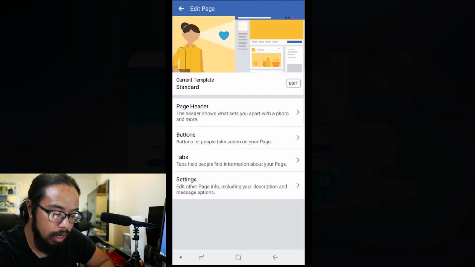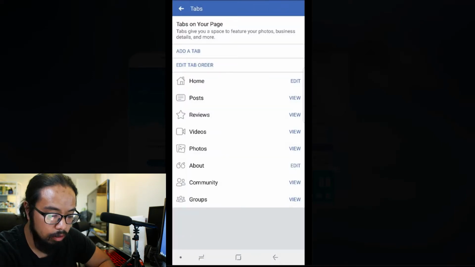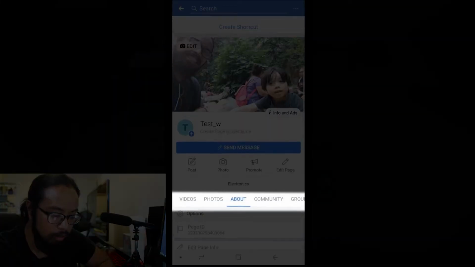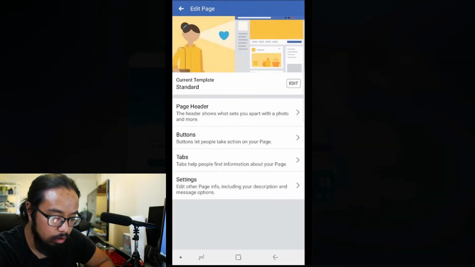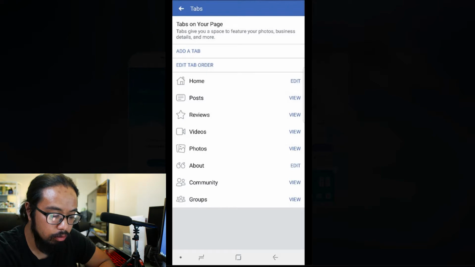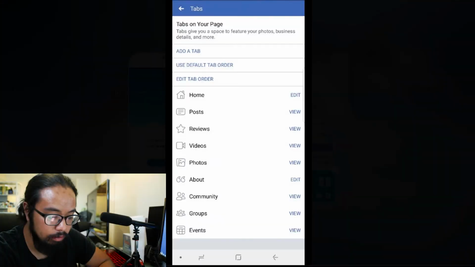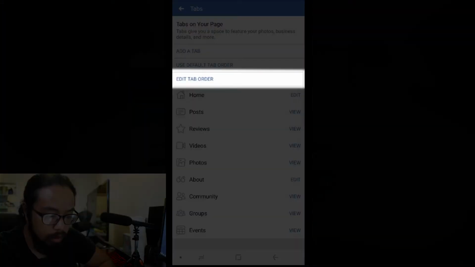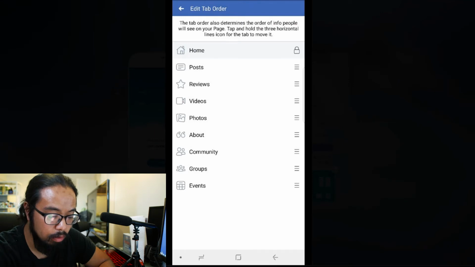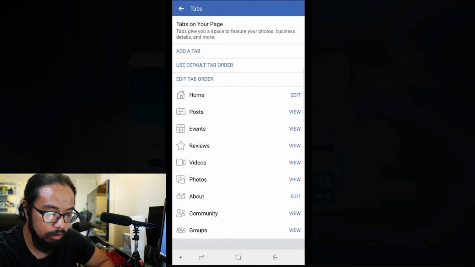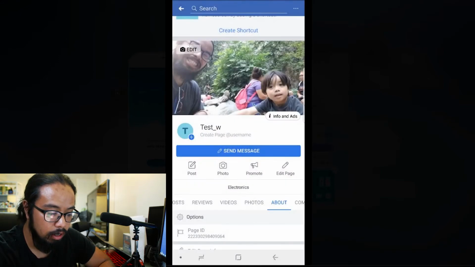So again, to get to edit page, buttons, and change it up. You can change the tabs, which is the different things you can see on this end right here. So tabs, you can see the posts, the reviews people leave, the videos, photos, your groups. You can add some other stuff, events if you have any events coming up. You can edit the order of the things that you want to see when you end up on the main page. So the tabs are pretty much, so say let's remove this, let's say we'll go back and it just saves. Okay,